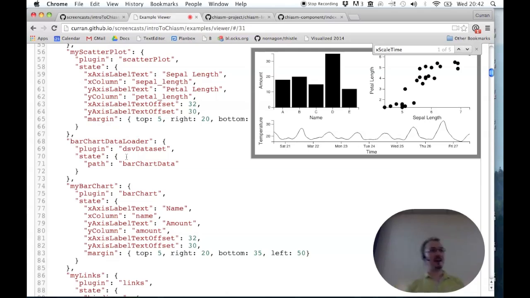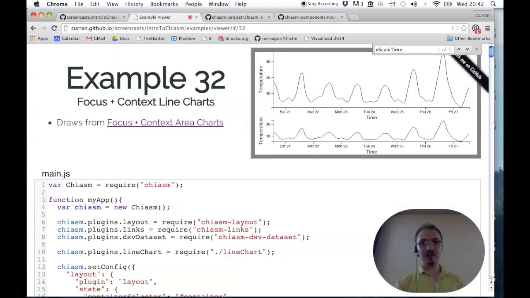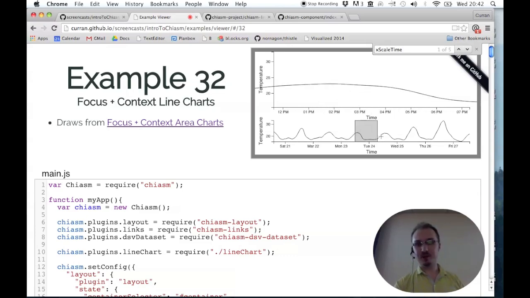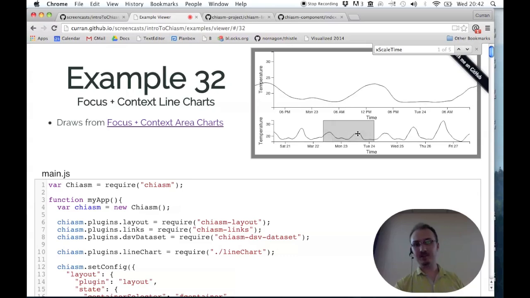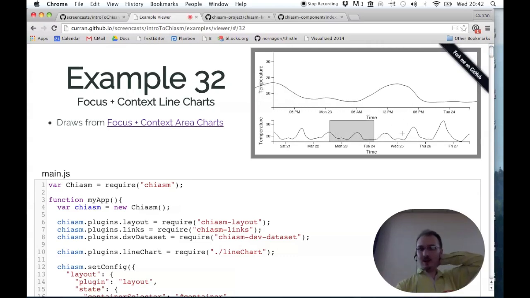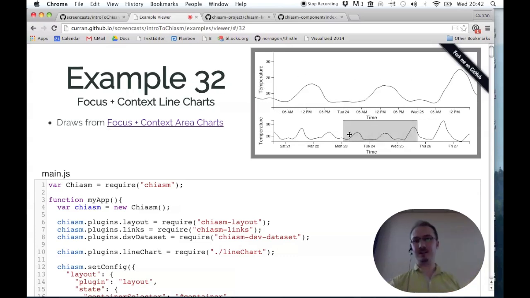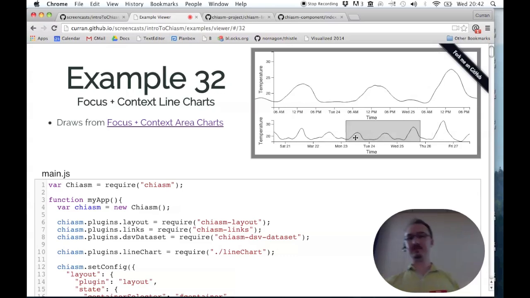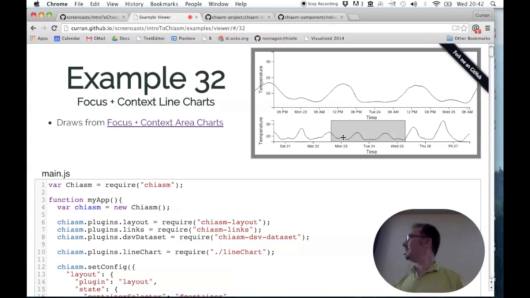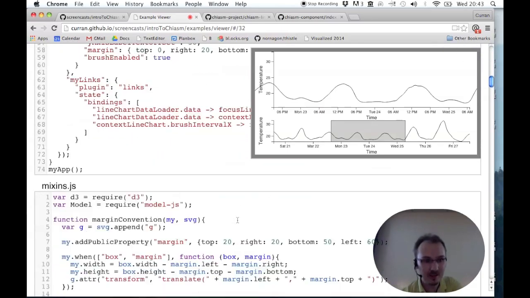And I mentioned that with this project, I want to be able to link visualizations together with interactions. So here's an example where you can brush in one chart and it zooms in. Well, anyway, this is a focus plus context with brushing. And the line goes outside of the box there, and you can fix it. I just didn't put it in because it would make the code a little more complicated. Let me just show you the code where it adds the brush here. So down in the line chart,